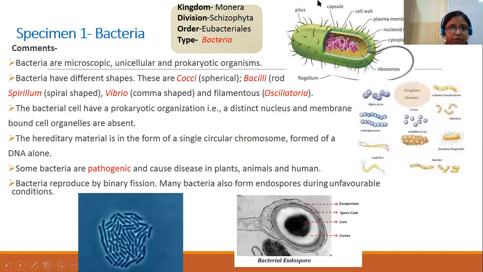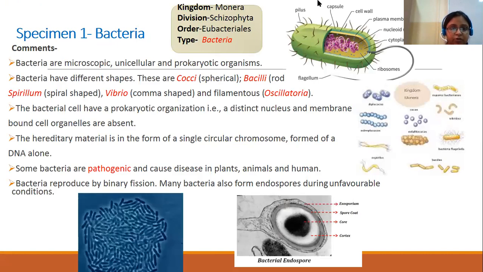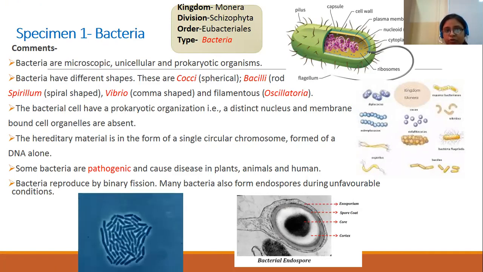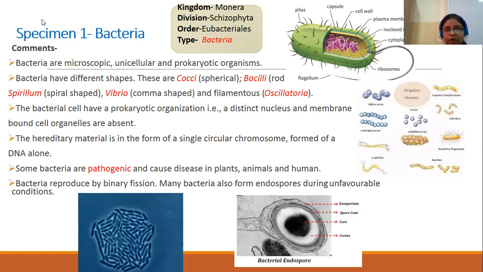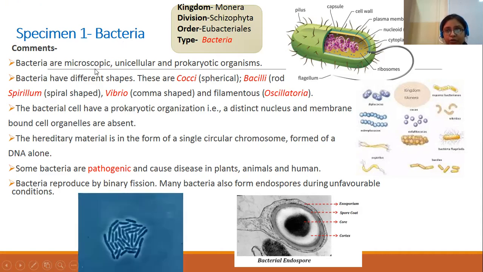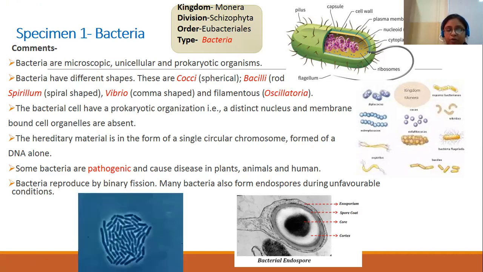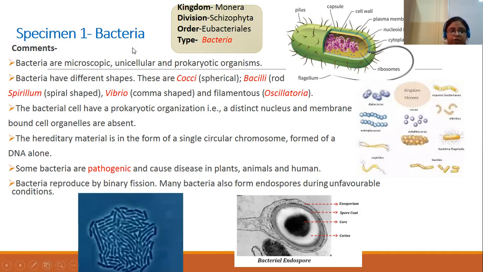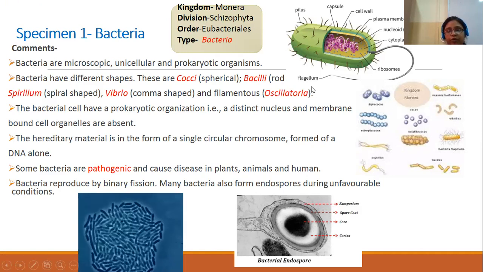Now here you can see, this is the bacteria. Specimen 1 that we have is the bacteria. For the bacteria we have permanent slides in our lab. So when you come to the school, we will show you the permanent slide that you are going to view under the microscope. Since these bacteria are microscopic, you require the microscope to see them. You cannot see them with your unaided eyes because they are very tiny, very small in size. So let's begin with the bacteria, specimen 1. I have taken some virtual images from the internet, so with the help of it we are going to study it.